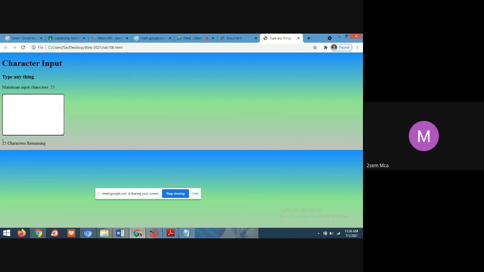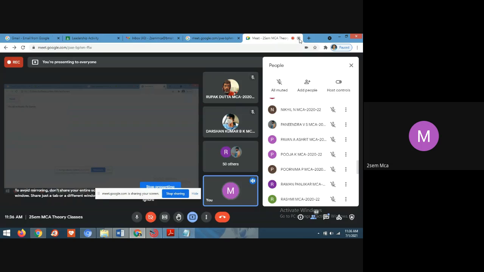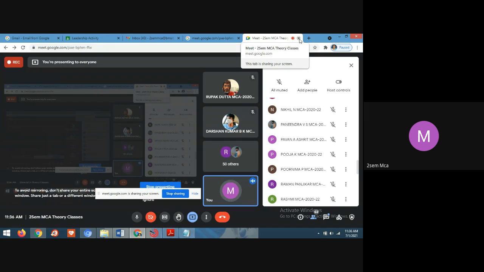See down you can see the line, that is 25 characters remaining. Still I have not entered any character, so it is showing 25 characters remaining. Now I click on the first character, then remaining how many characters? 24 characters. Girls, nobody is responding. Anyway, I'm going to share these codes in the GCR. You're going to execute, but please, you also try to execute the program, students.